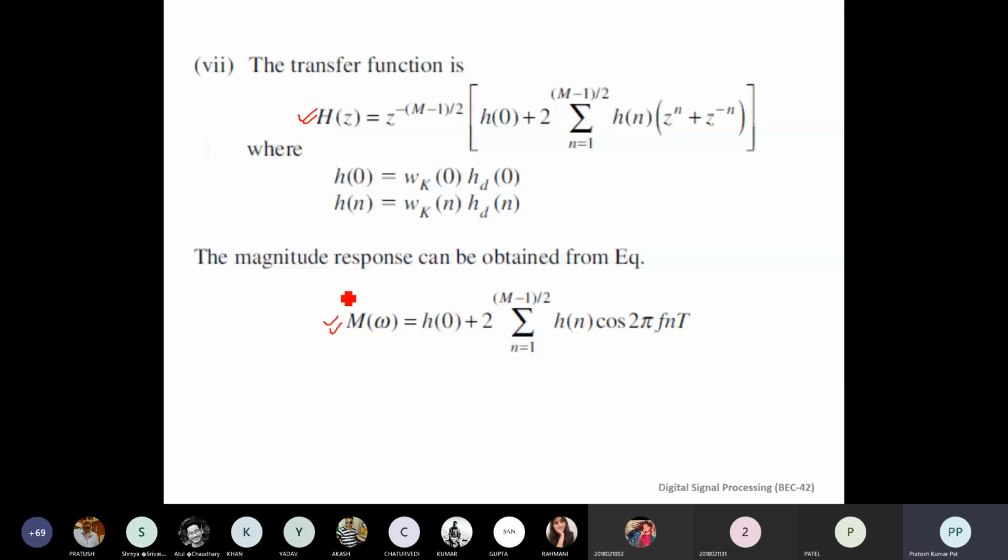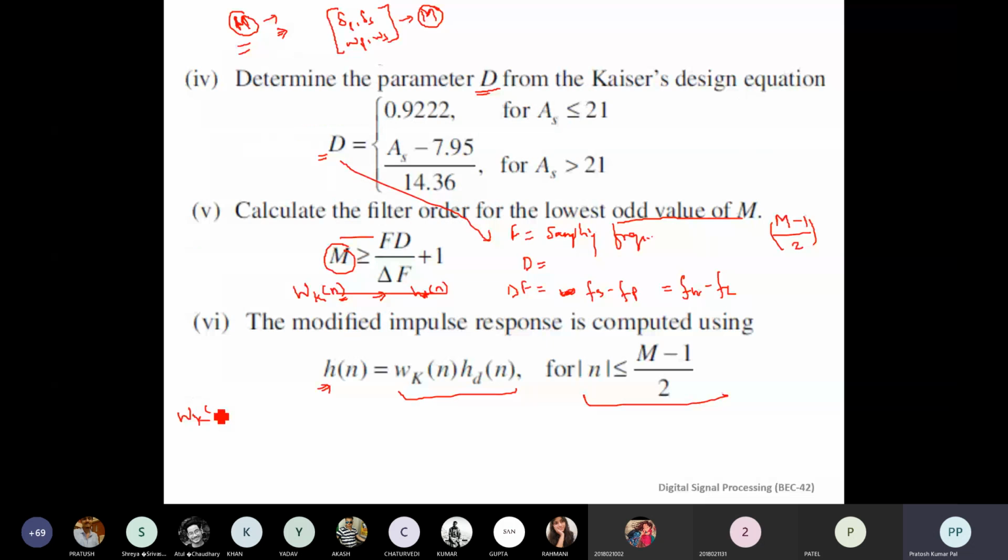The only step that is different is that here we do not have a fixed window function. That window function we have to design first, with respect to our specifications. In all the other cases, like the window functions that we have gone through, there is a fixed window function, and whatever m value is given with respect to that leads to direct designing. But in case of the Kaiser window, we will